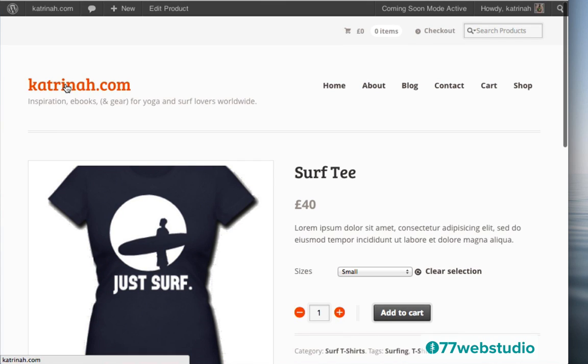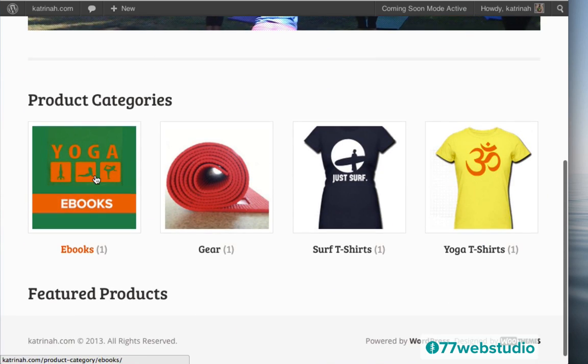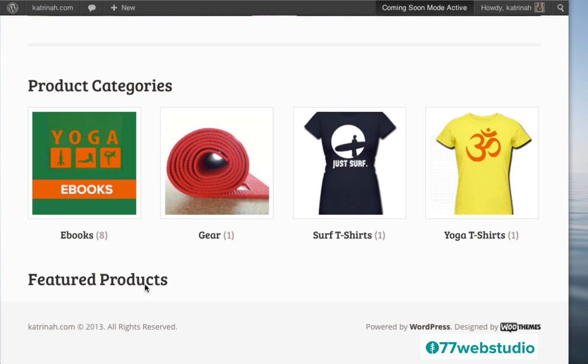I'm going to click on the website name, and then I'm going to scroll down, and now we see here are all the product categories, which is great. The next thing we need to do is add featured products to the home page. So currently we only have about 3 or 4 products, I believe, added to the product catalog. So I am actually going to, behind the scenes, add a bunch of other products, a bunch of other ebooks specifically to the product catalog, and then I will see you on the other side.